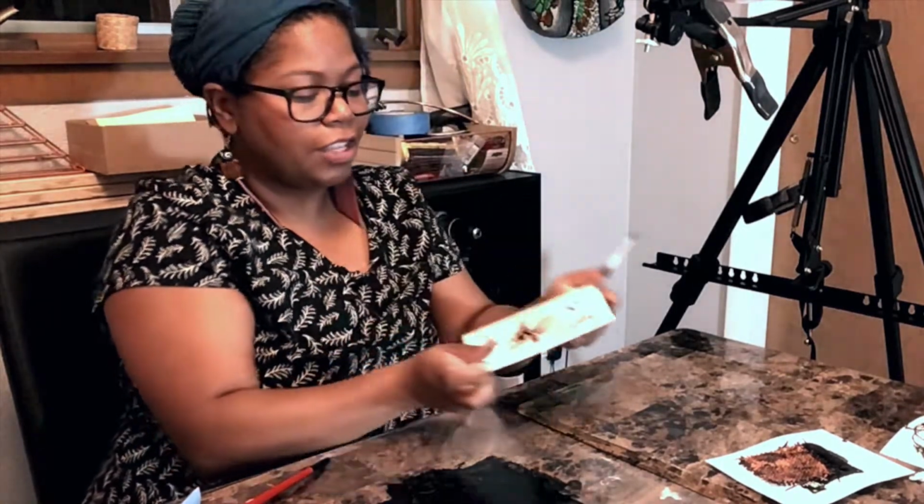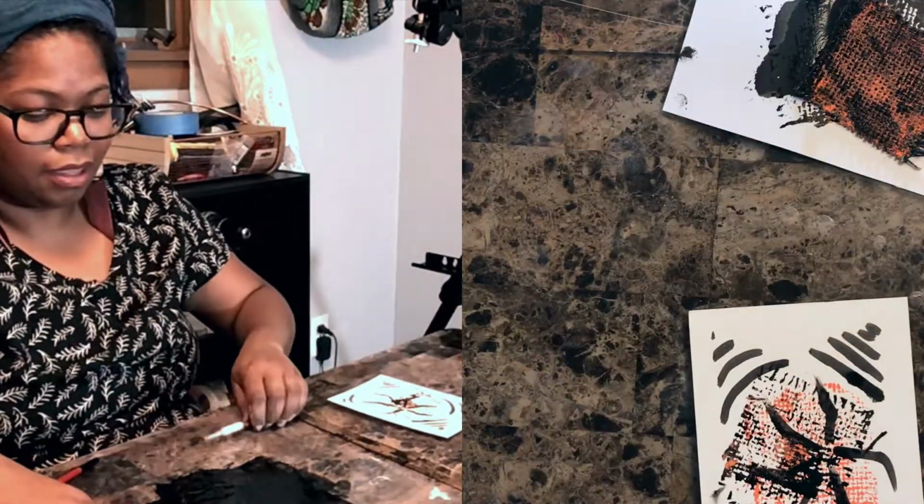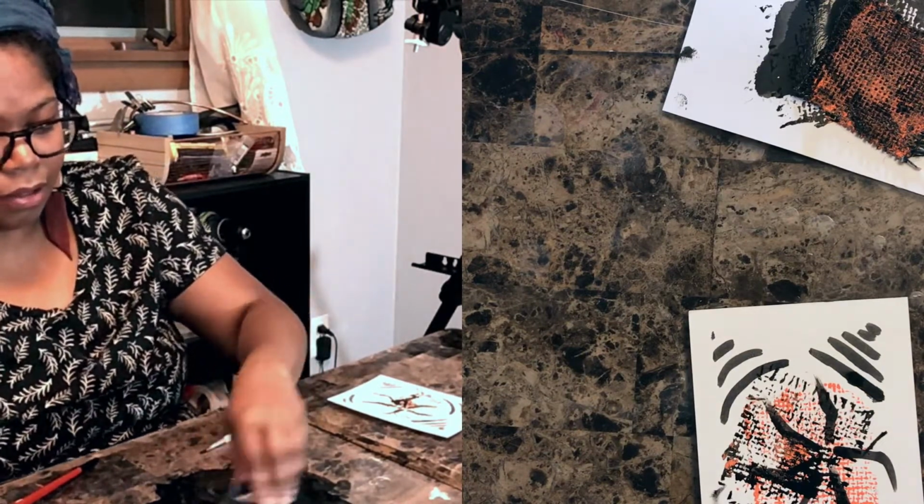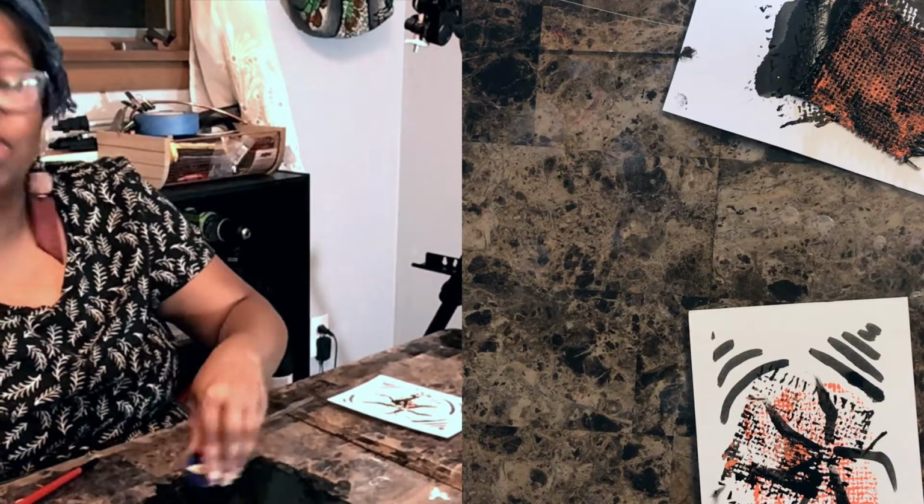Can you see it? There you go, that's a little bit better. All right, so then let's use the little bottle cap I had. Just take up the extra. No need to waste. Right, and just kind of